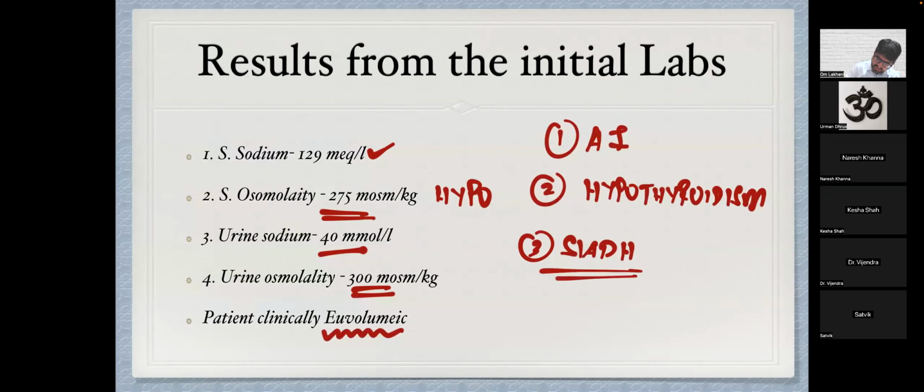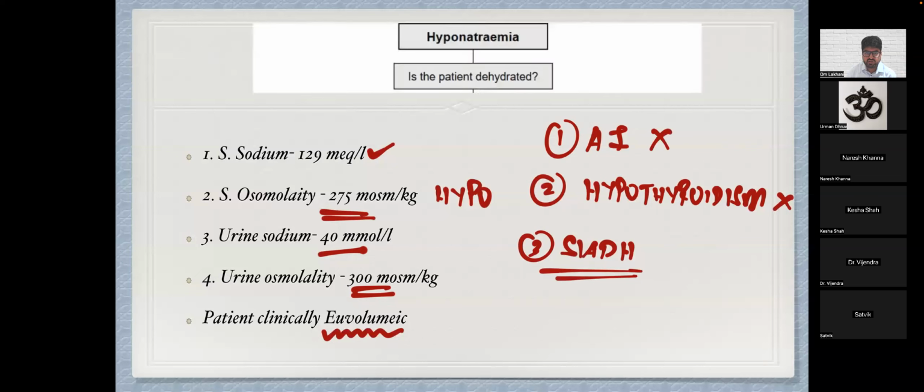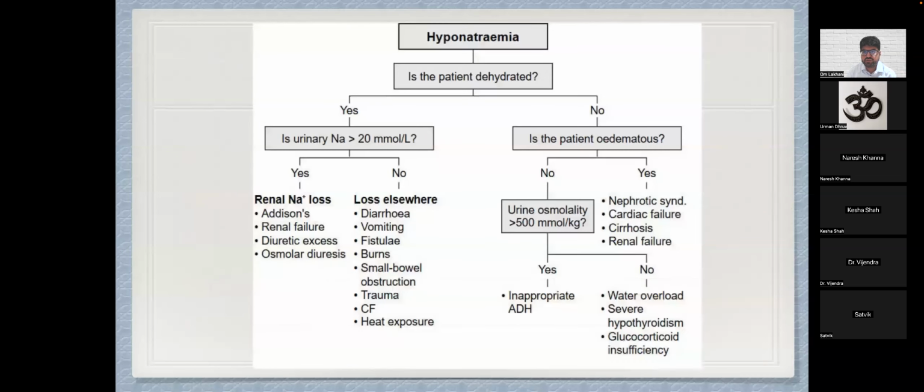Remember, SIADH is a diagnosis of exclusion after ruling these two things out. So if you rule out adrenal insufficiency and hypothyroidism, you then only consider the diagnosis of SIADH. So if you see this hyponatremia chart, how do you evaluate a patient with hyponatremia? Hyponatremia, I repeatedly am saying, has a very strong relation with adrenal insufficiency, and hence it is something you need